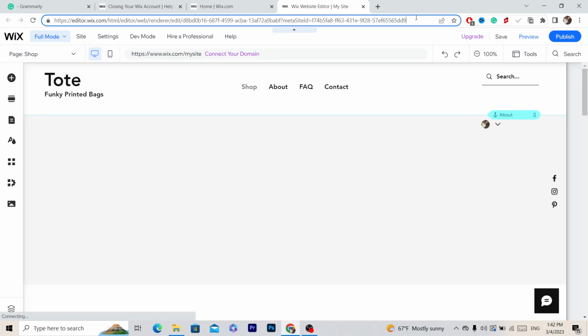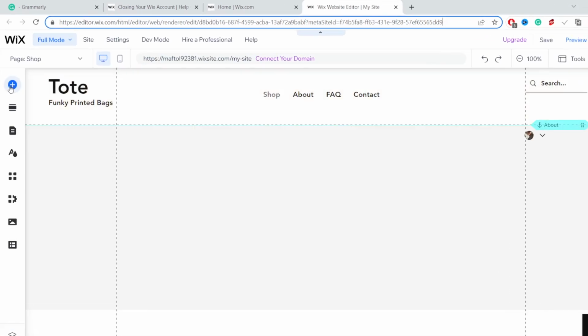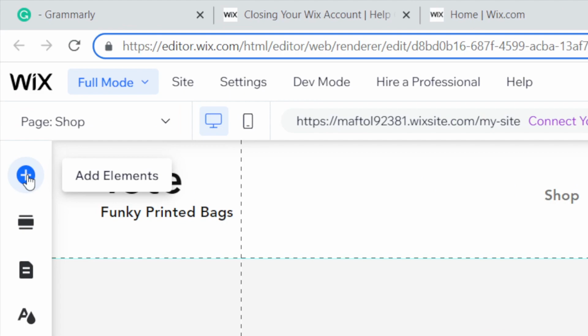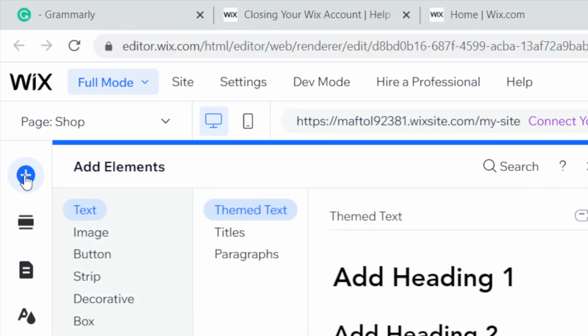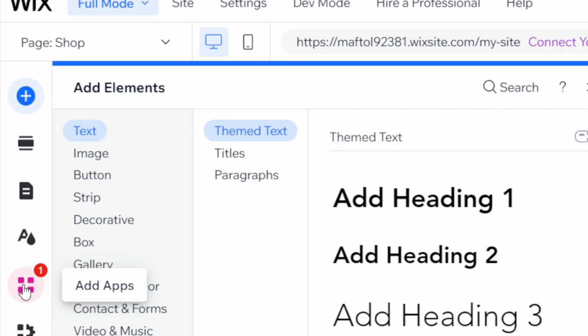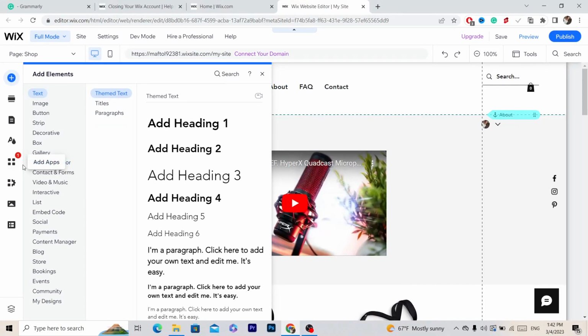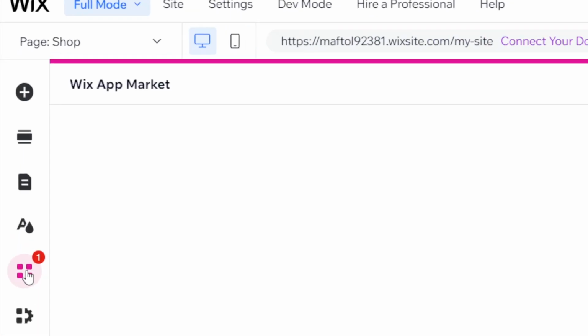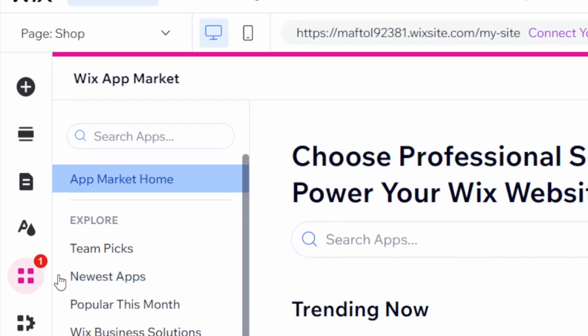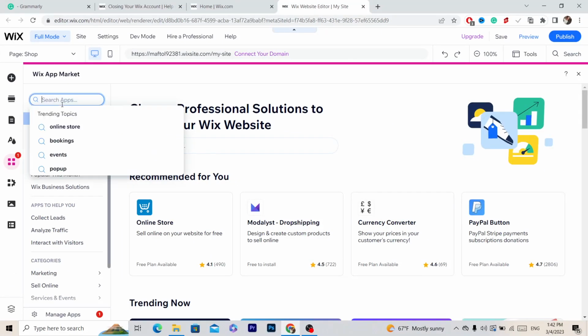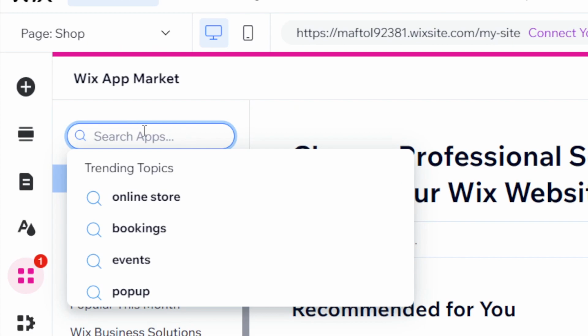Now after it loads guys, all you have to do, you want to click on this plus in the top left, click on it. Alright, now next thing guys you want to do, I'm sorry, you don't have to click on this plus, you just want to click on Add Apps. As you can see here. Now next thing you want to do guys, you want to search for